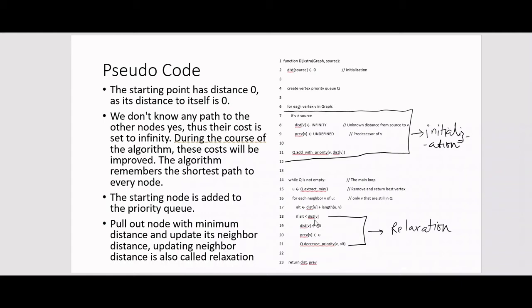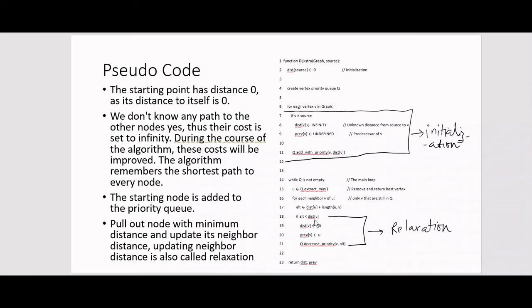And additionally, we track the path as well, because in the future when I reach a vertex and we have found out the shortest distance, we also need to track that path and understand via which route I came.